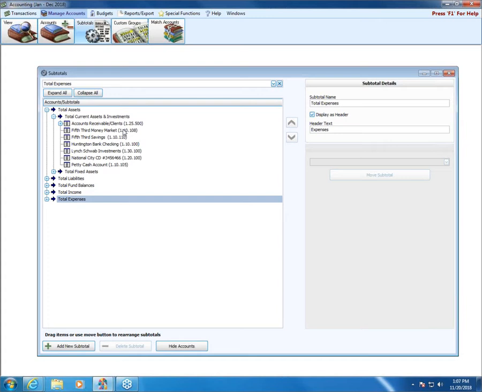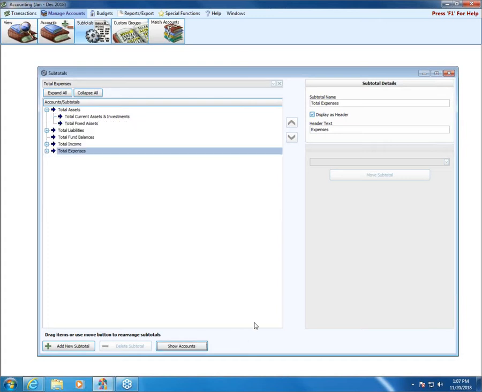So when we want to create a new subtotal, we're going to go down here and hide our accounts again. We have to start by choosing the subtotal that the new subtotal is going to be added or totaled into, okay? So in this case, it's separate from current assets and investments and fixed assets, but will be totaled into total assets. So we're going to click on total assets, and we're going to click add new subtotal down here